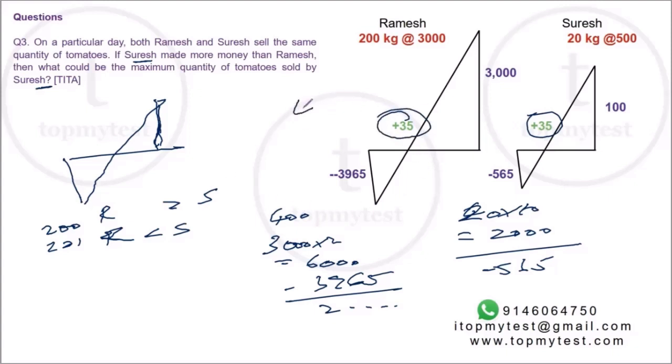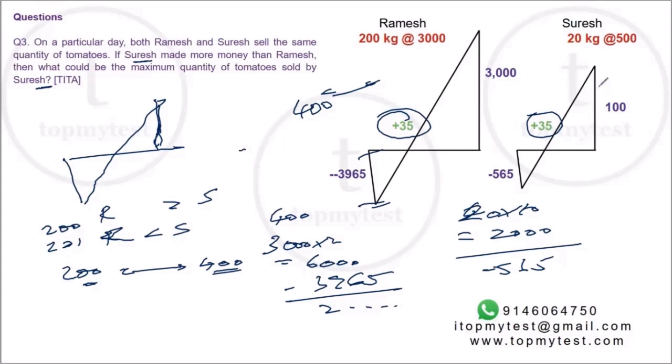Right. So you know, beyond 400, Ramesh is not going to be caught up by Suresh. Suresh cannot catch up with Ramesh. So somewhere between 200 and 400 kilos, Suresh is caught up by Ramesh. Till that point, Suresh will make a profit. After that, Ramesh will definitely make a higher profit, because even the drop which Ramesh gets is not good enough to compensate for Suresh. So we need to find out that point till which point Suresh makes a profit.